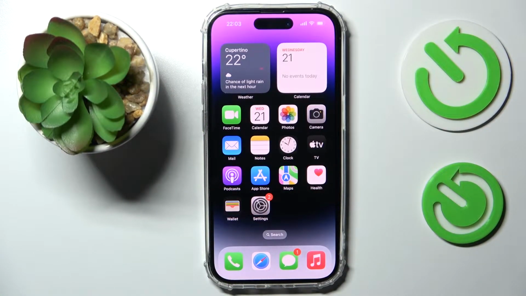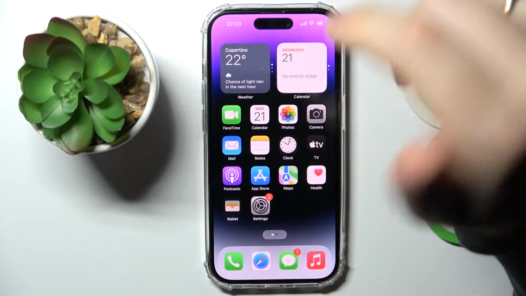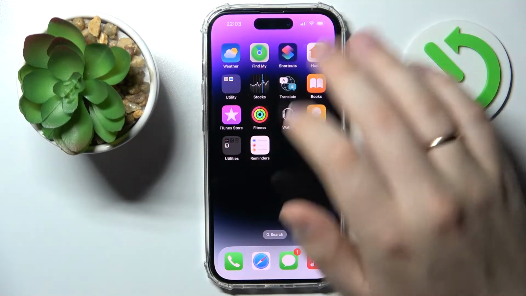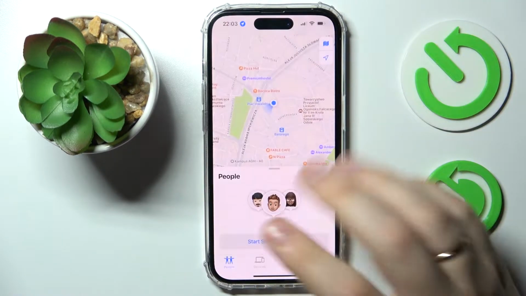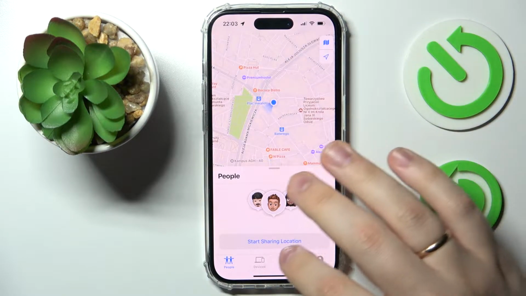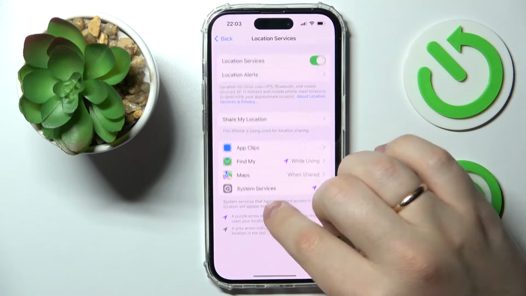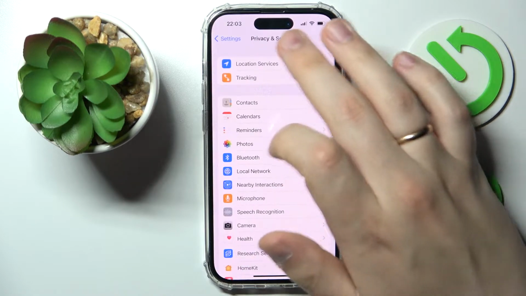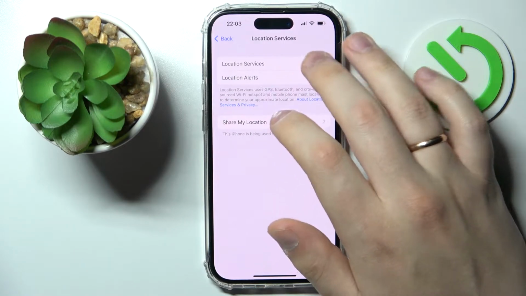So the most general way to do that by the default means of the system is with the help of the pre-installed Apple application that is called Find My, which you gotta launch. While opening it for the first time, you gotta give it the location permission, probably enable the location services, that you can do by going into the settings, then entering the privacy and security category, location services, and simply turn this toggle on, just